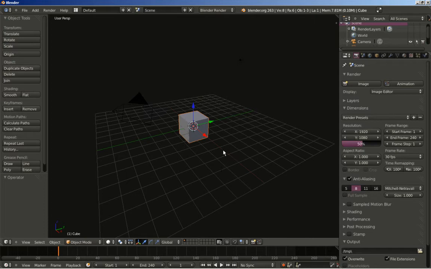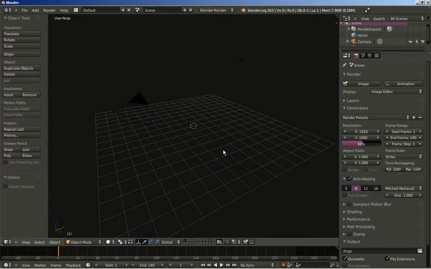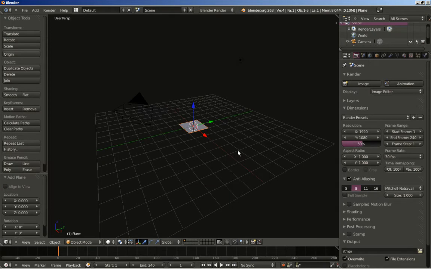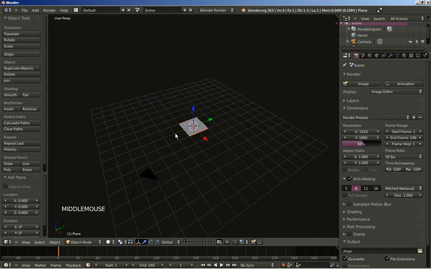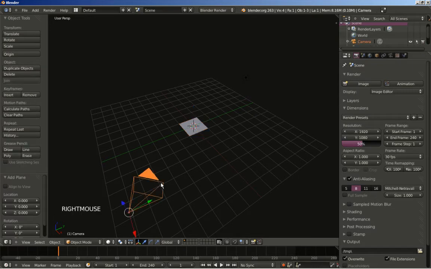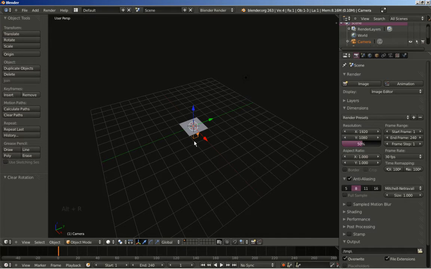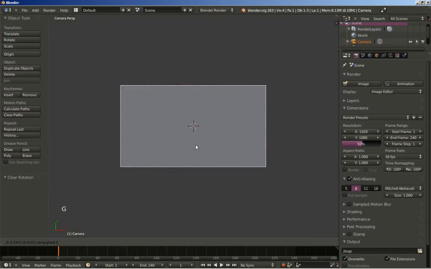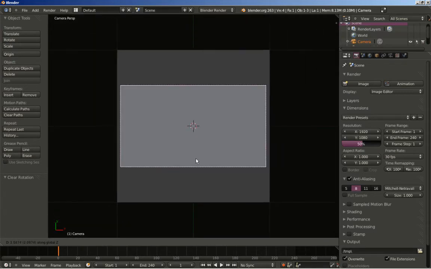Now I'll hit Delete to erase the default cube, and I'll hit Shift A to add a plane. We got the plane in place, and I'll right click the camera to select it and hit Alt G to clear the position, and Alt R to clear the rotation for the camera, and I'll hit 0 now on my keypad and hit G and Z to grab my camera on the Z axis and move it back